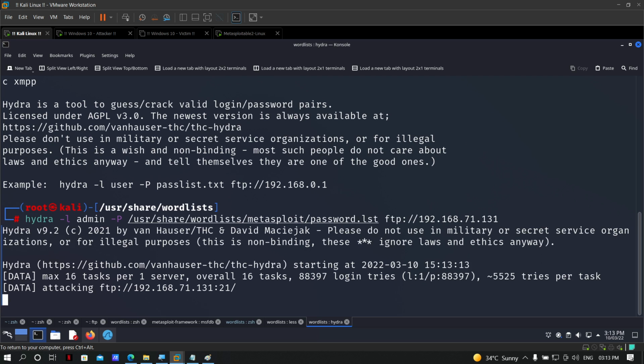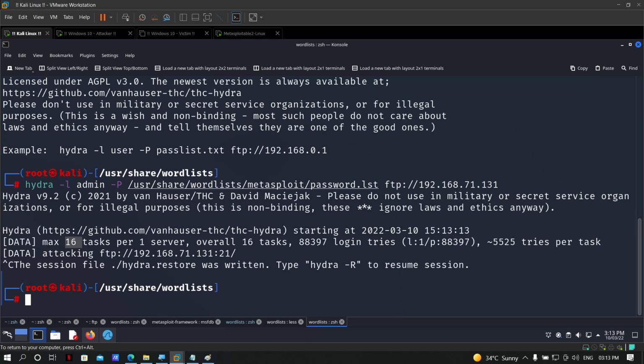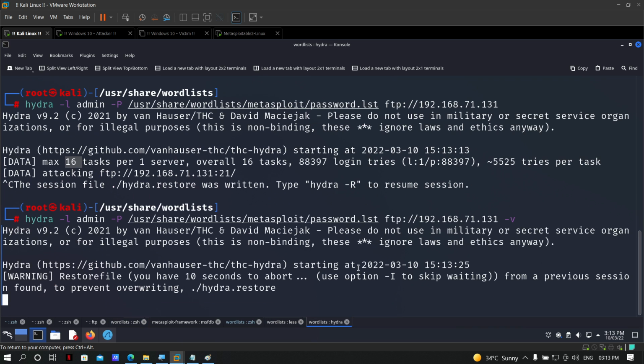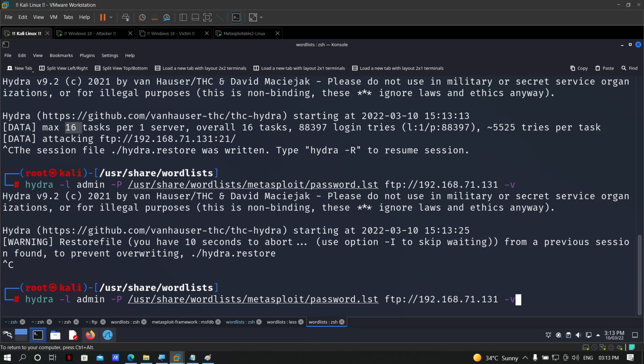By default, it will use 16 different attempts at a time, right? They are not visible here. Let's just make them visible. Go with -V. Or let's do one more thing.